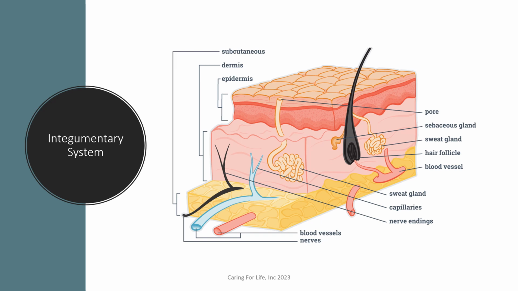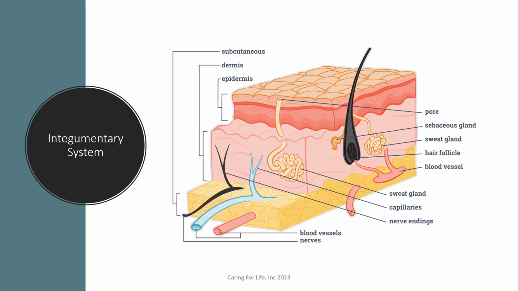The skin plays a significant role in the body's ability to maintain and regulate its temperature when a person is hot or cold. Superficial blood vessels in the skin can dilate or constrict to control the flow of blood to the surface of the skin, which helps in warming or cooling. There's also excretion, where perspiration aids in cooling the body, but it also results in loss of water and minerals. We have sensation. The skin is loaded with nerve receptors, and it can detect sensation like heat, cold, and